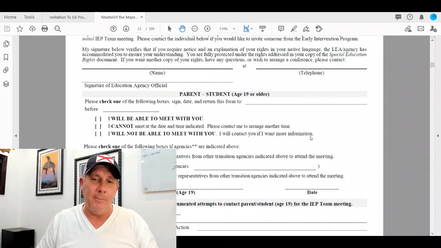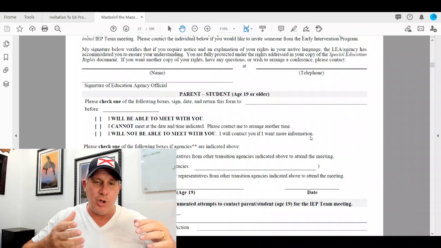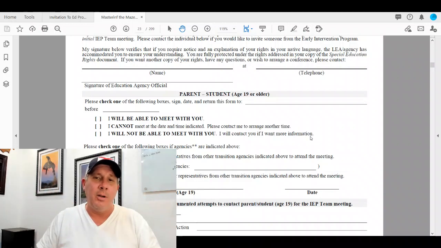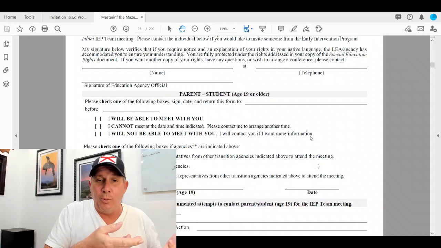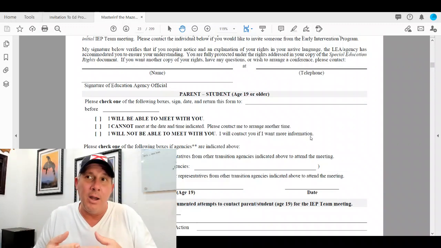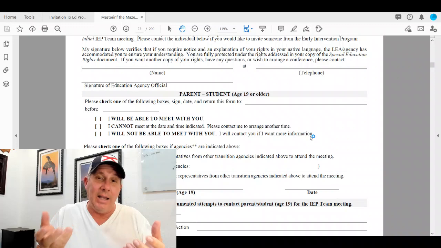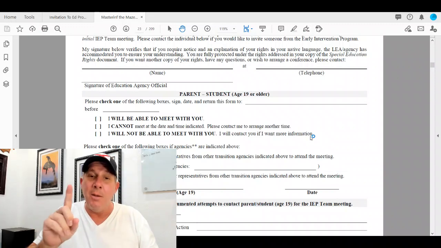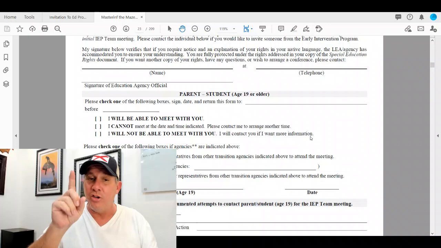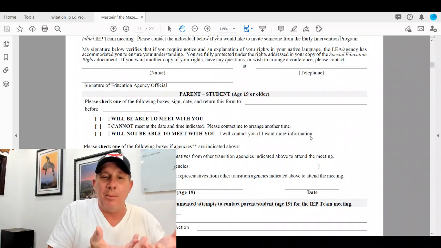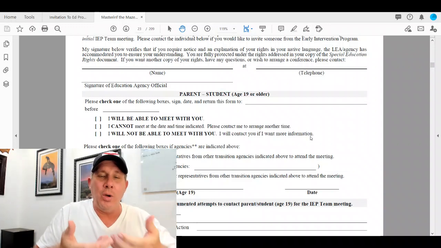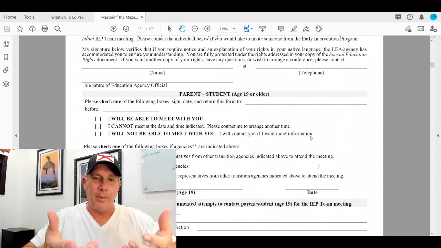interested in participating. If you do run into a situation to where they have the meeting without you, guys, this is evidence, but instead of complaining about it, this is where a perfect example would be a state complaint. A state complaint is different from a due process complaint. A state complaint is more appropriate for procedural violations, and that would be a big procedural violation. Potentially a procedural violation so bad and egregious that it ends up turning into what we call a substantive violation, because you as a parent have a right to full parental participation.